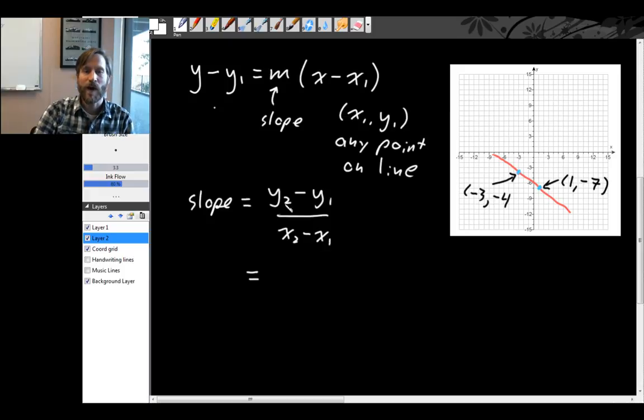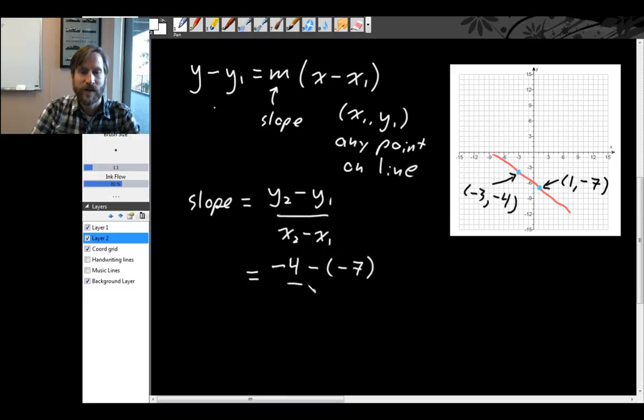All right, so for y2, we can choose one of these two y coordinates, either -4 or -7. You actually can use either one as long as you're consistent about which point is the second point and which point is the first point. So I'm going to use this -4 as the y coordinate that comes first. So I'll put my -4 in there, and that means the other y coordinate, -7, is the second one, like